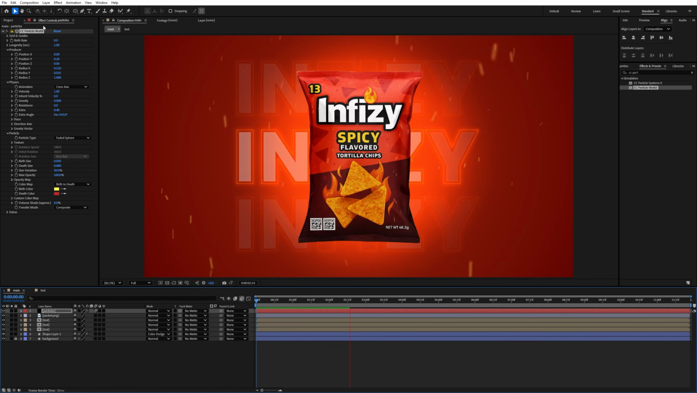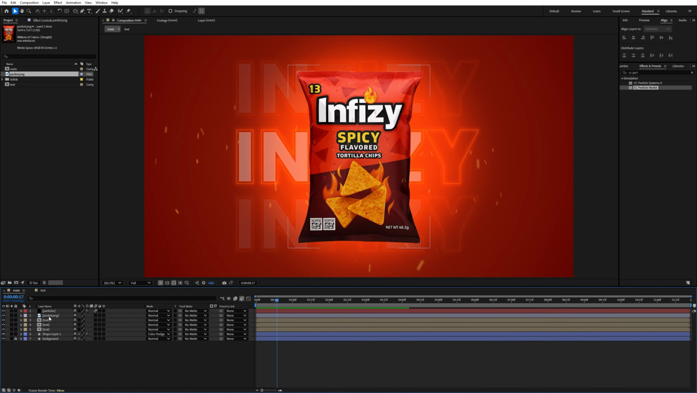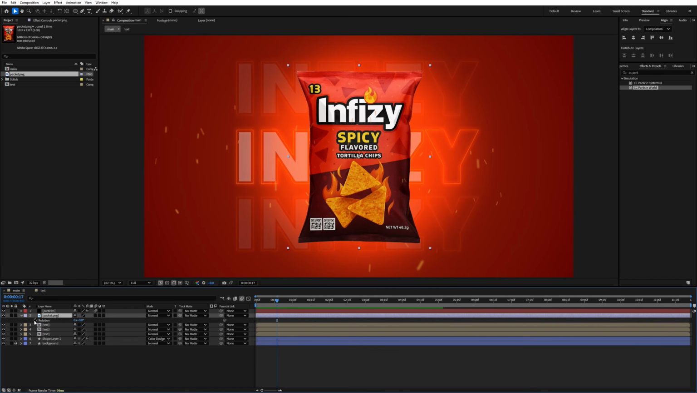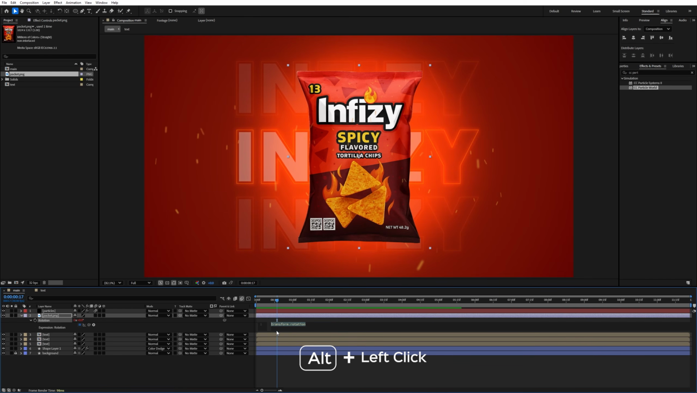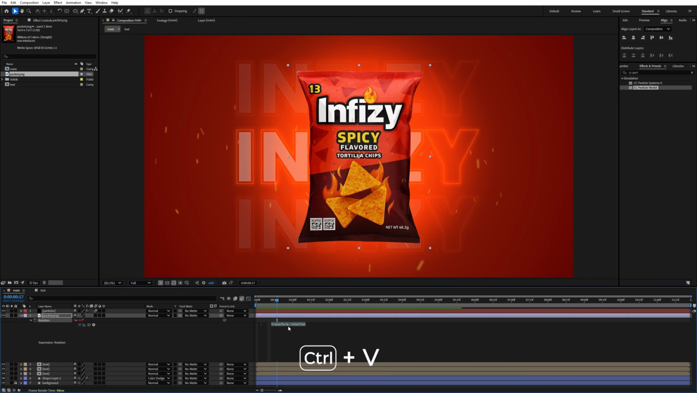After that, go back to the project panel and select this nachos packaging and press R and hold Alt and click on it to add expression and Control V to paste the expression here, and you can copy the expression from the description and shrink the rotation now